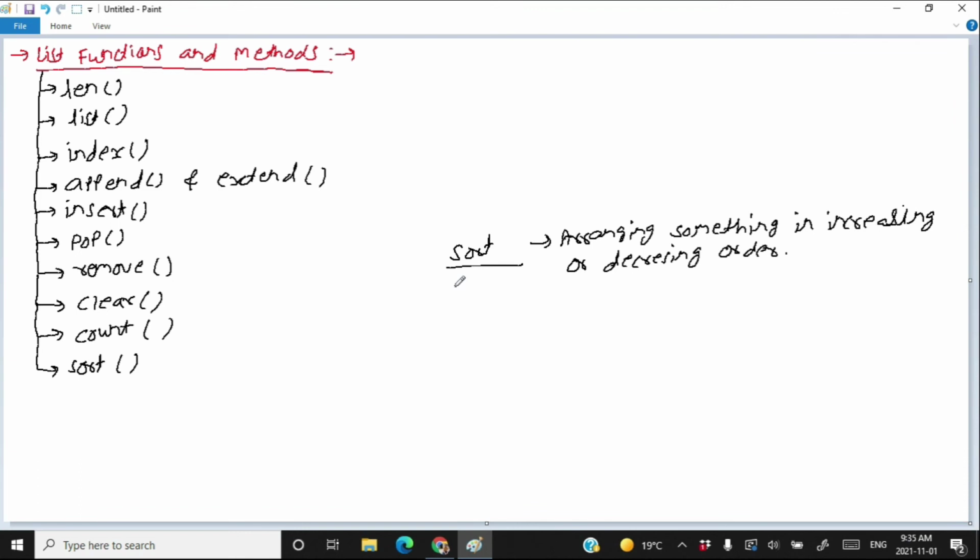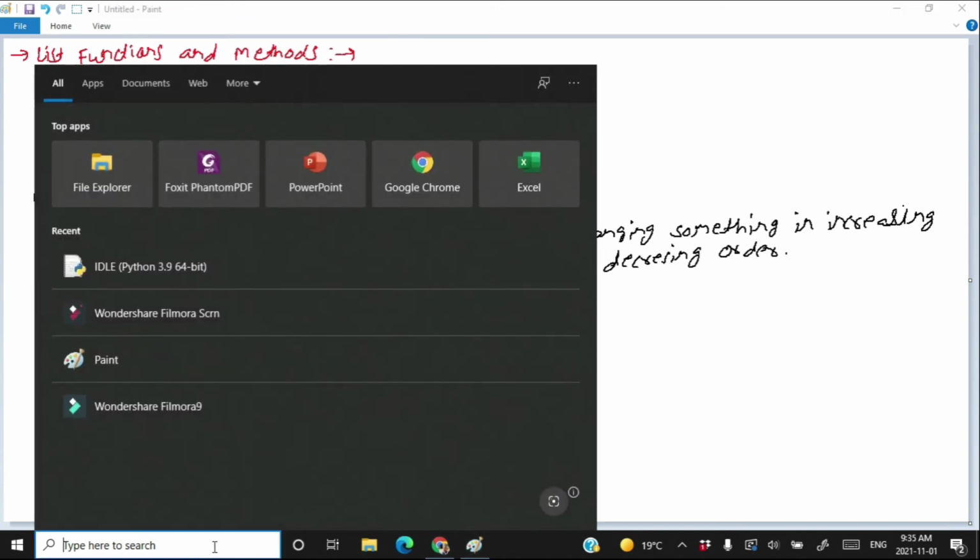But here you should not care about the various ways of sorting. You just should know that arranging a list in increasing or decreasing order is called sorting of the list. So we are going to use the sort method in order to sort the list either in increasing or decreasing order. Let's see the working of the sort method practically.